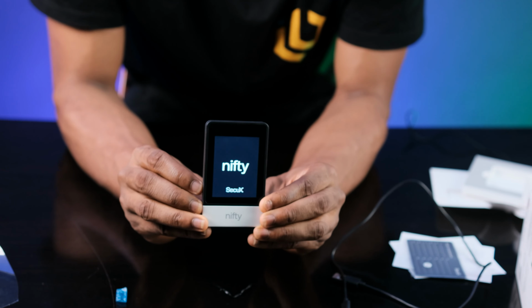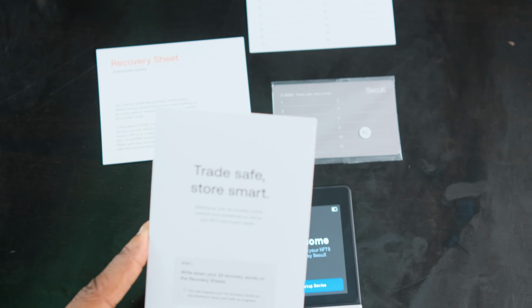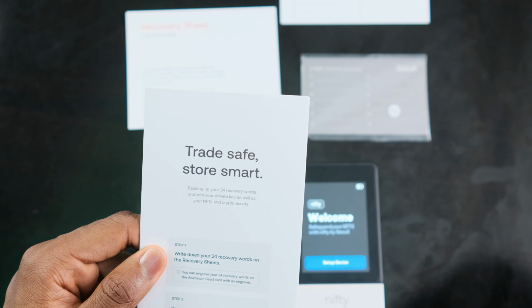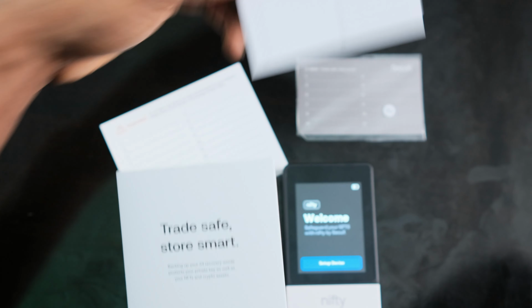So here we have welcome. So here we have trade safe and store smart, which I really like. So step one, you write down your 24 recovery words on your recovery sheet. So like I said, you can write it down here, store it somewhere, also write it down here, store it